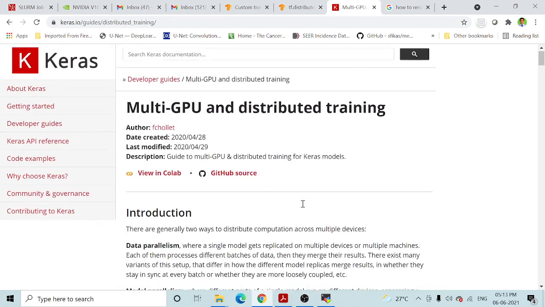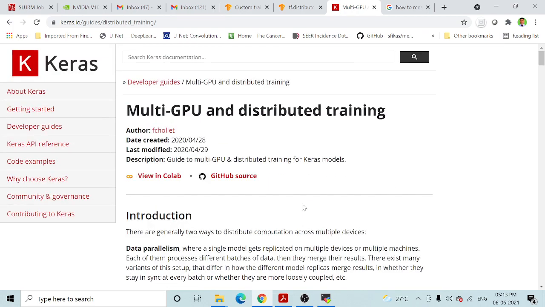So here there are two scenarios. You can have distributed training on a single node having multiple GPU cards, or on multiple nodes with multiple cards. In the supercomputer Param Shakti, I have 22 GPU nodes, and each GPU node has two graphics cards.